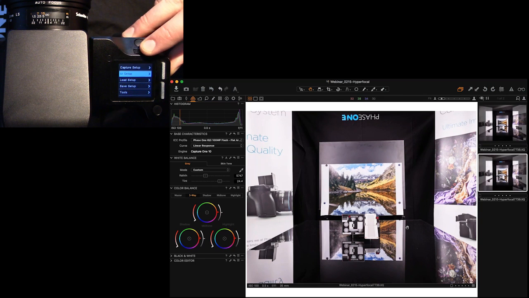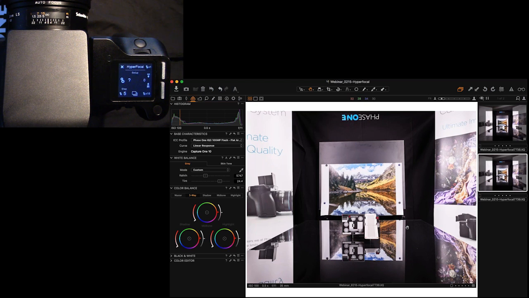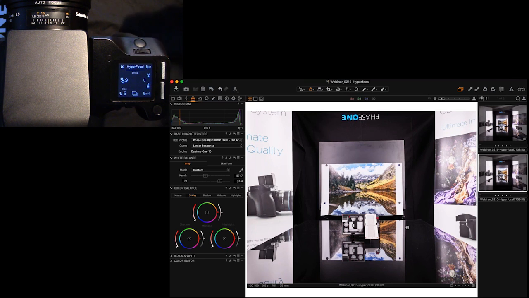And if you go into the main menu, and you go down to Tools, and you go down to Hyperfocal Point, and into that field, this brings up the Hyperfocal Focus Calibration tool. So you'll notice that the value of where the lens is currently is a question mark. So if I touch that question mark, the lens finds a value, and at this point it's 9, which means it's 9 MCU values off of infinity. What that means is very simple. It's just a slight nudge away from infinity. And this is just an arbitrary point that the lens found. It's the first one it could find and verify when I push the button.